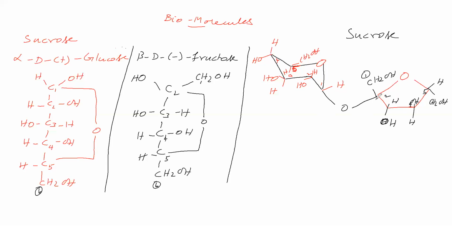In this fructose side, C2 carbon has one ether linkage this side, one ether linkage this side. So C2 carbon is in acetal form. So C1 carbon is in acetal form, C2 carbon is in acetal form. Therefore, in glucose, C1 carbon in open chain form is aldehyde, that is in hemiacetal in cyclic form, but in sucrose that is in acetal. In fructose, C2 carbon is ketone in open chain form. In closed form it is hemiacetal, but here this fructose is in acetal form.